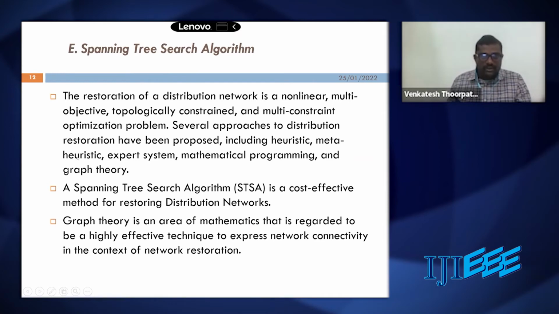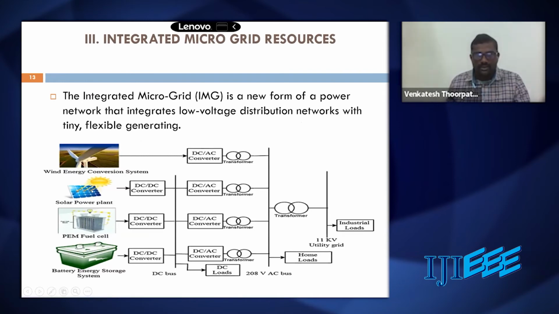These include the spanning tree algorithm, which is proposed for restoring the system but requires graphical and mathematical analysis methods. In general, there is the integrated microgrid system. The integrated microgrid system has a wind energy conversion system, solar energy, fuel cell technology and battery energy storage. When the system goes into faulty conditions due to natural disasters, one system may get damaged, and I have to supply at least the loads for hospitals. For that purpose, I can keep this microgrid system, sir.